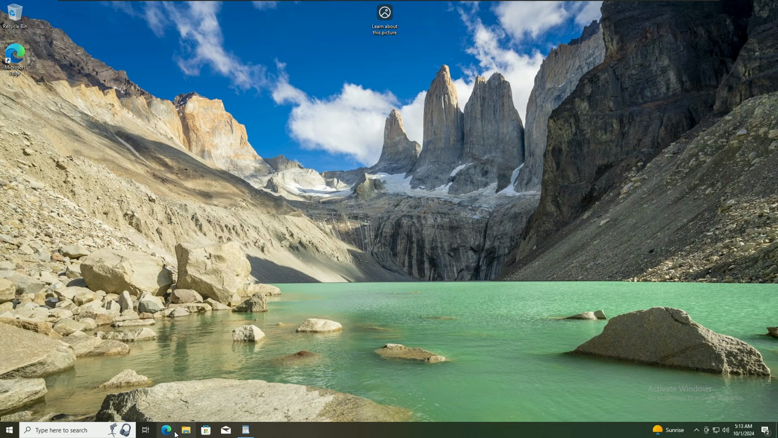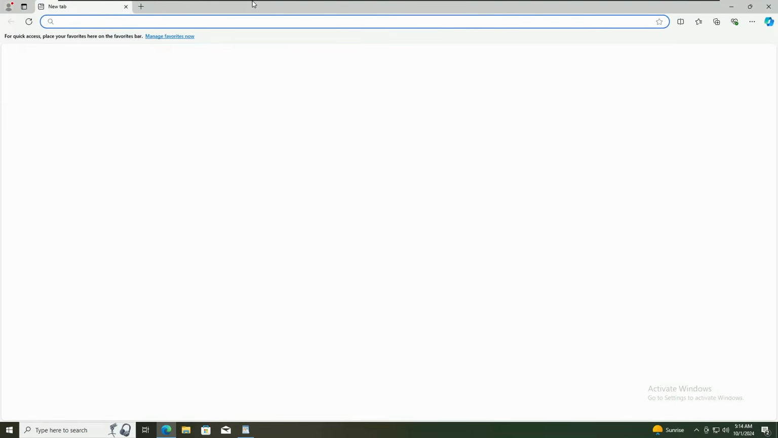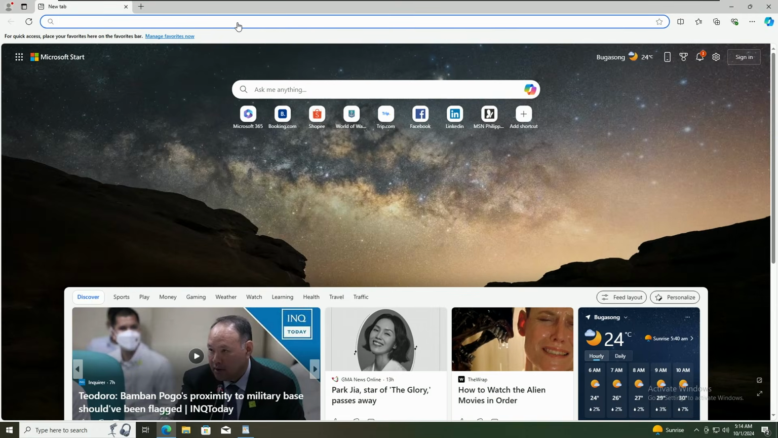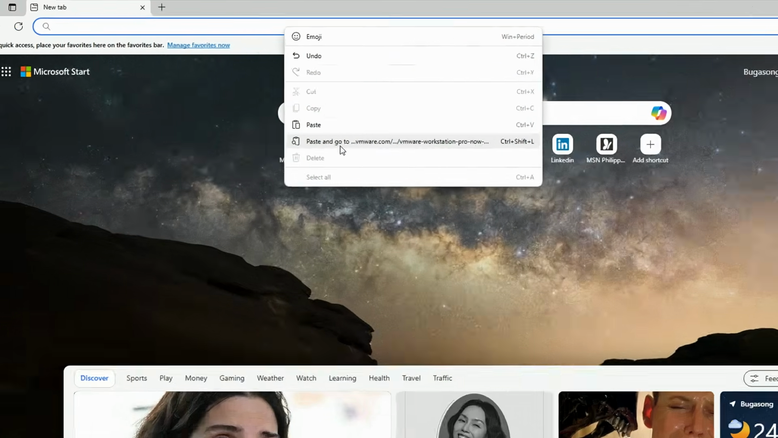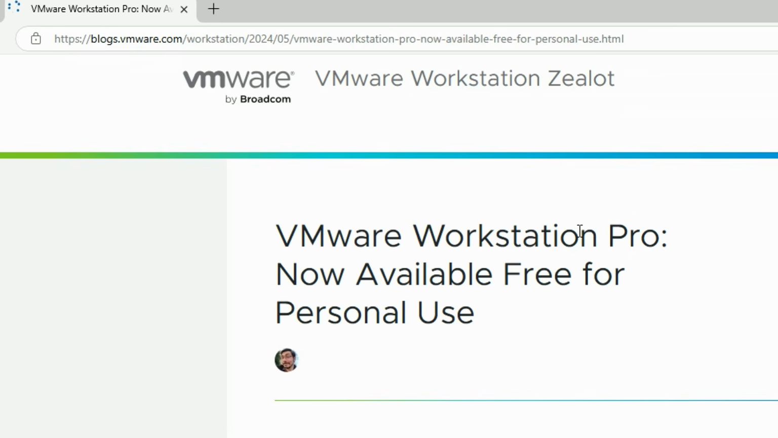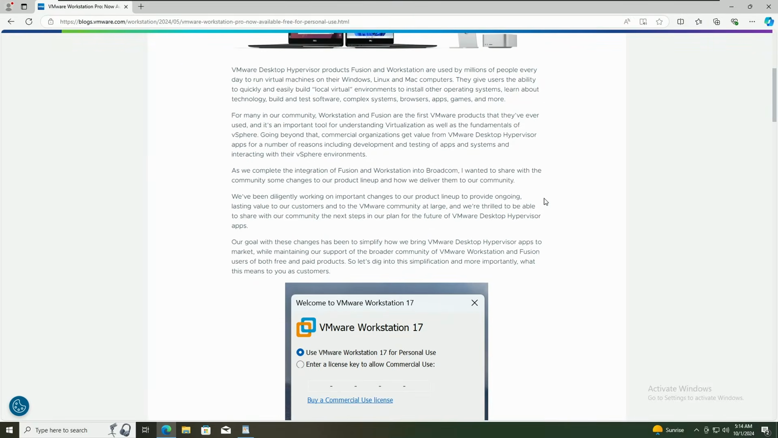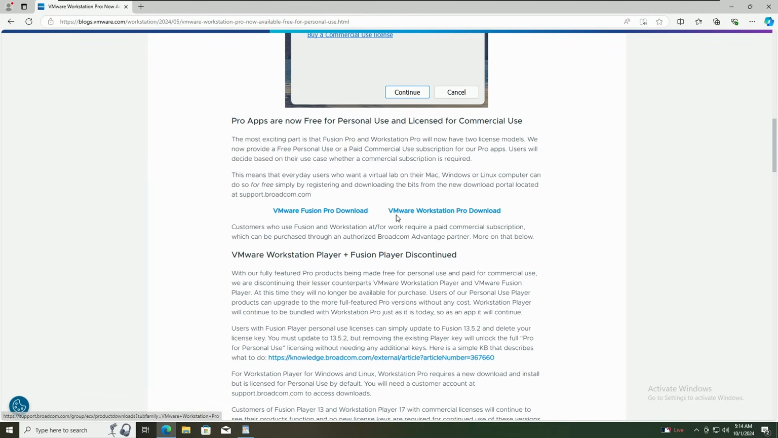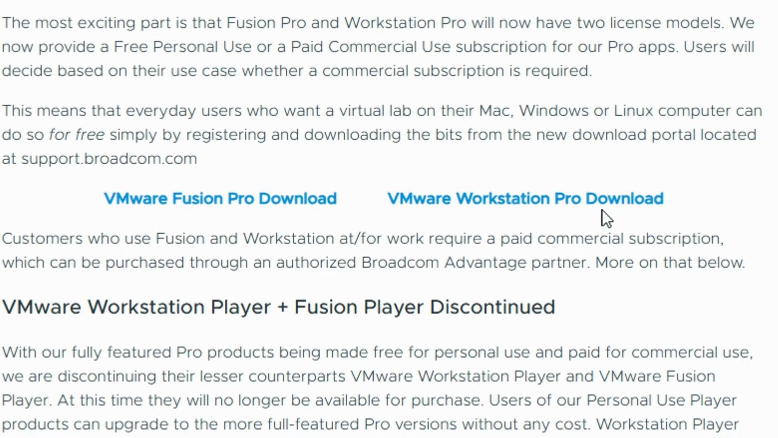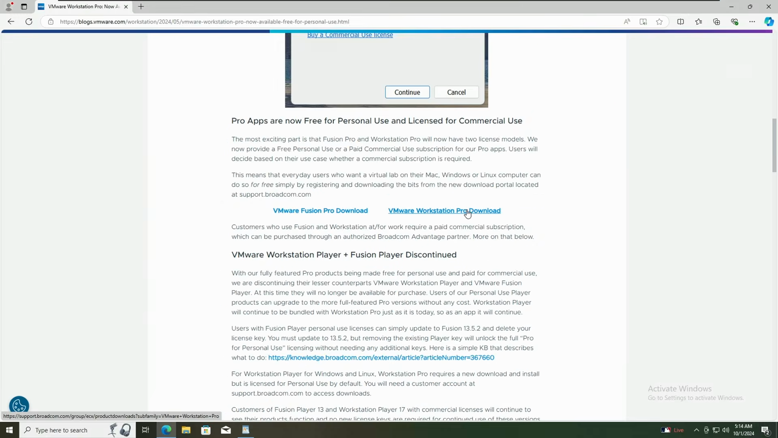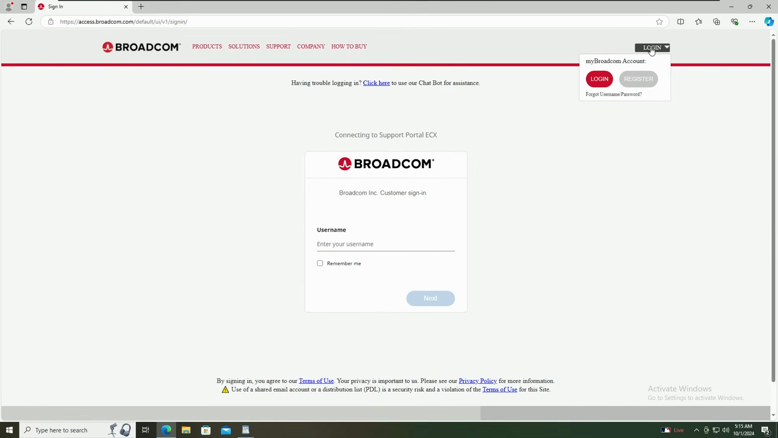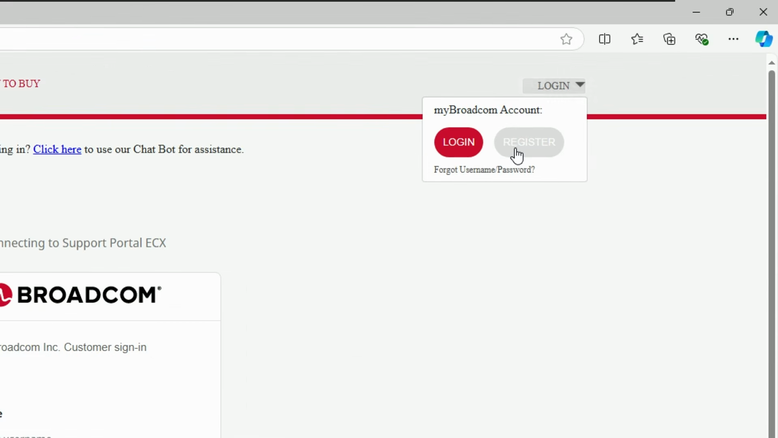So first thing we need to do, we'll open up a browser. I have a link in the description to go exactly to their website to get the download. So here on VMware's website, we can scroll down to VMware Workstation Pro download. So we'll click here. If you don't have an account, click here on log in, and then we'll do